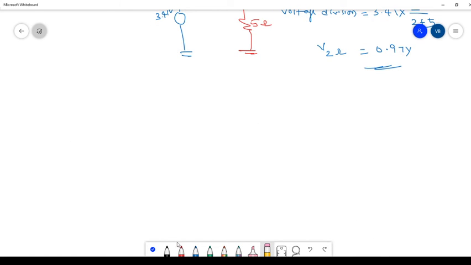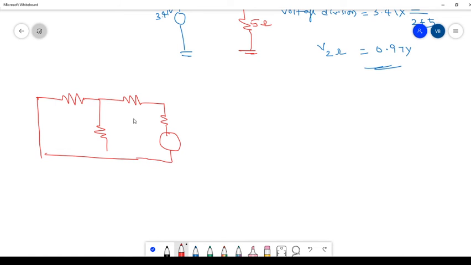Here we are having a voltage source, right? The voltage source will be shorted, and here a resistor, and here a resistor, and we are having a 2 ohms resistor here. We are just considering the current source. So the current source, keep it as it is, and here another voltage source is shorted. Here we are having a voltage source, we shorted that one, and here also we are having another voltage source, we shorted that one.